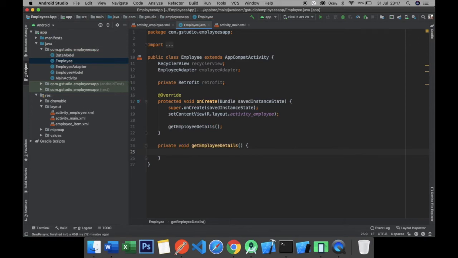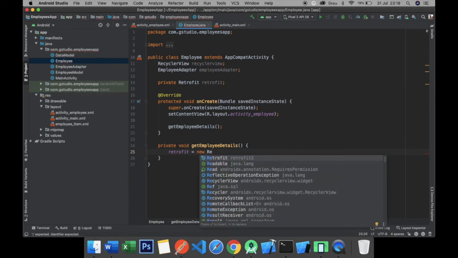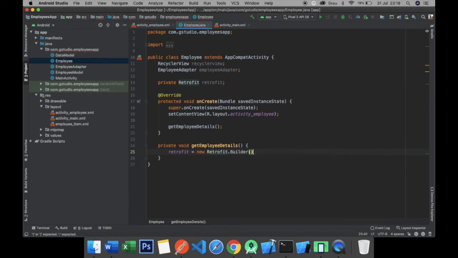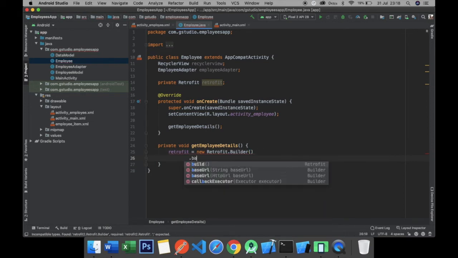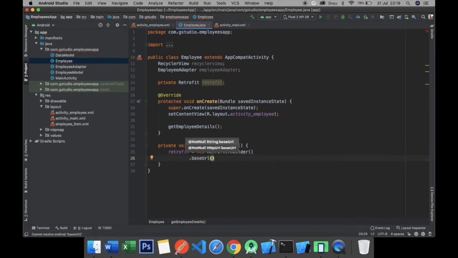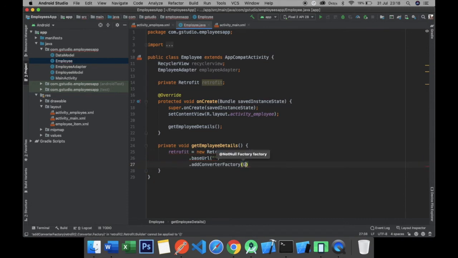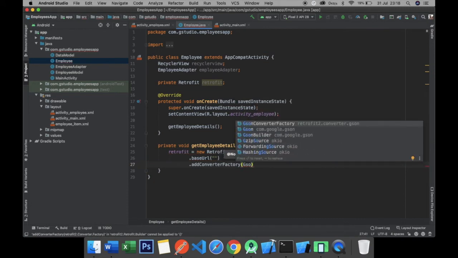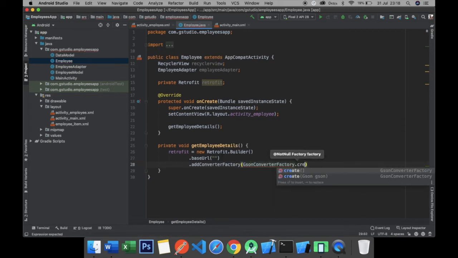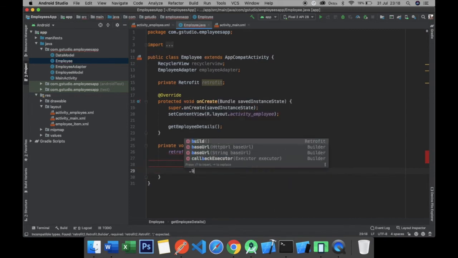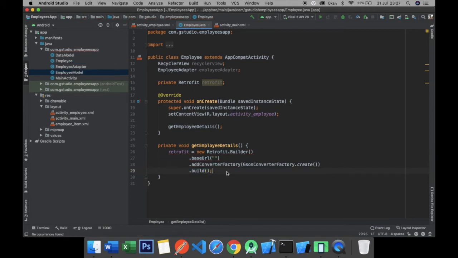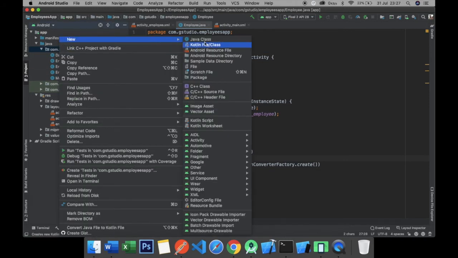Okay, let's initialize the Retrofit object equal to new Retrofit.Builder, dot baseUrl. We'll create an interface for this base URL, I'll show you. Let's give the string, and add converter factory, GsonConverterFactory.create, and dot build. Okay, so for this base URL we'll create a new file,